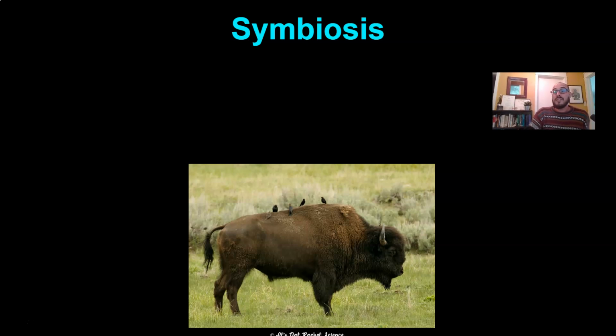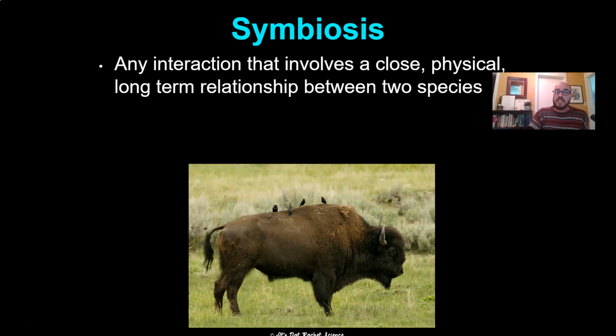And then we come to the idea of symbiosis. So this is any interaction that involves a close physical long-term relationship between two species. So symbiosis literally means living together. Okay, so right here you have an example of this buffalo with all these birds hanging out on its back. What do these birds get? They're probably getting to eat whatever pests may be on this buffalo,